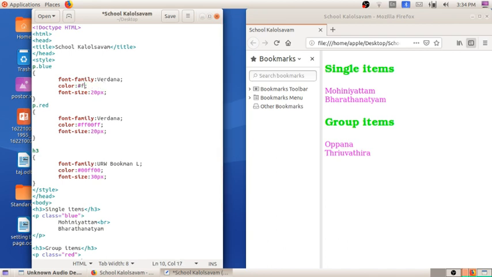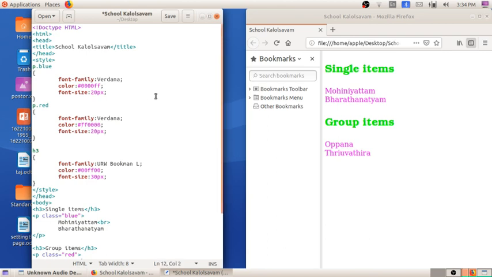The color for the blue class is hash 0000FF, four zeros and FF, and for the red class, here you can see, FF0000. Okay, I have to put the hash also.